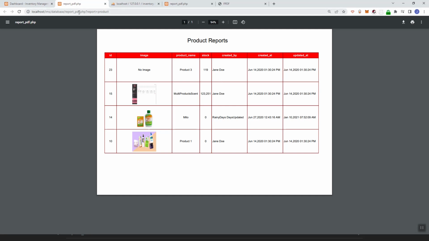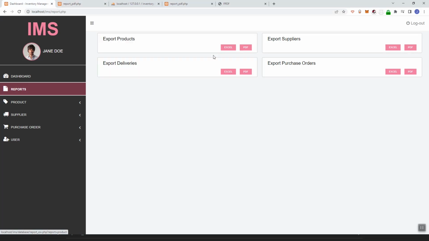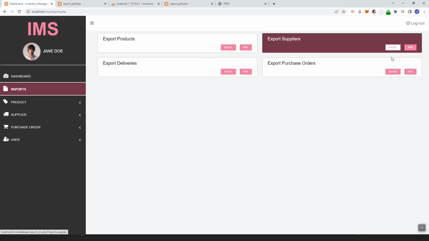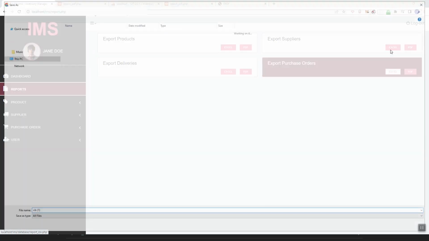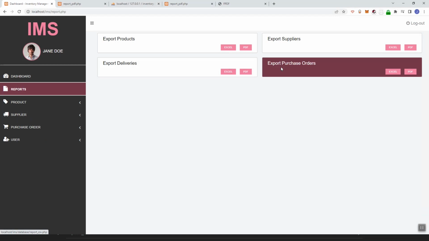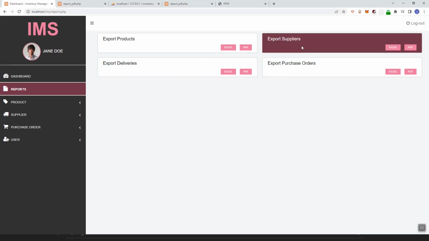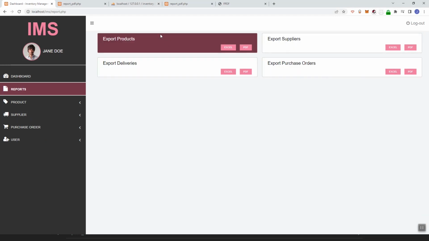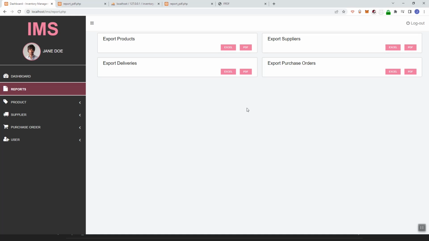So in the next video, I'm going to add more of these Excel features. Currently they don't have a script yet that will pull the deliveries, PO and suppliers, so I'm going to add them. And yeah,